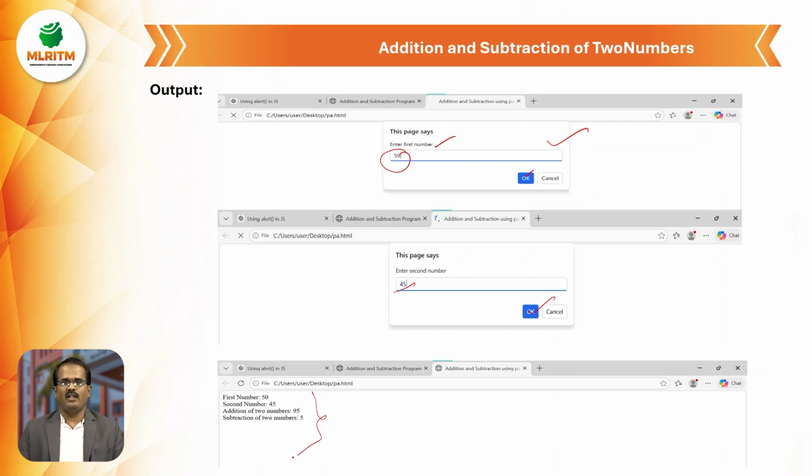This is the way prompt gives us a chance to enter the values from the keyboard. It is called runtime initialization, not compile time initialization. This is the way a programmer or user can enter the values into the